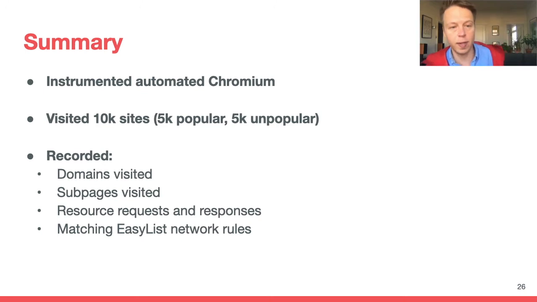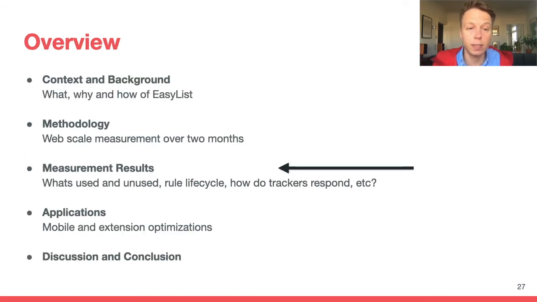So in summary, we instrumented Chromium, we visited 10,000 sites, 5,000 popular and 5,000 unpopular, and for each of those sites, we recorded the domains visited, the subpages that we visited on each domain, the resources that were requested, and the EasyList rules that matched. So that's the methodology. Now I'll discuss a little bit about the results that came out of applying this methodology